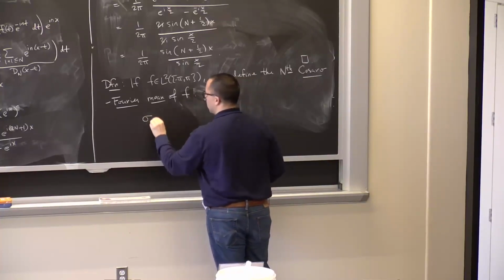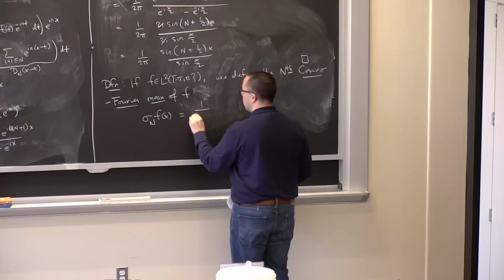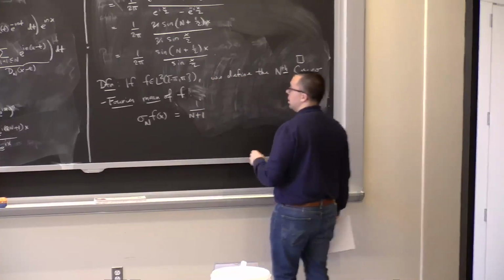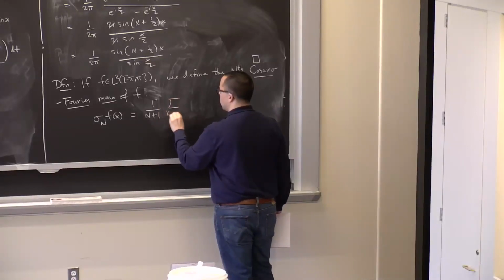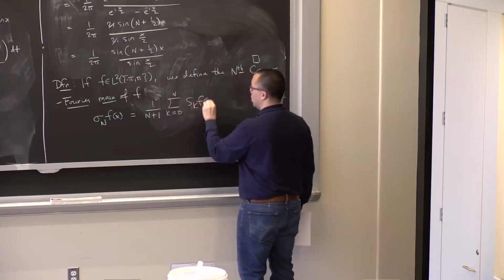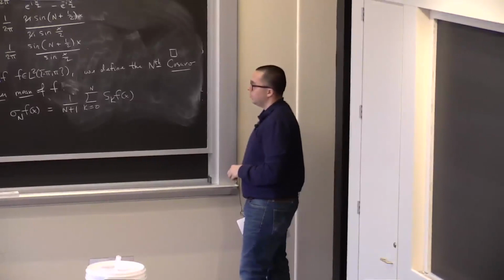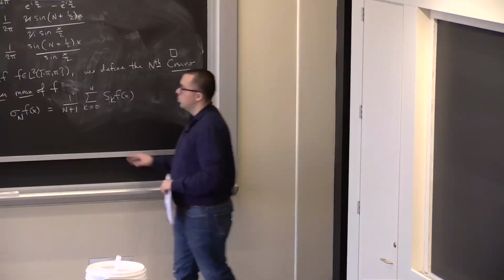This we denote by sigma n of f of x. This is equal to the average of the first n partial sums of f. Okay? All right,